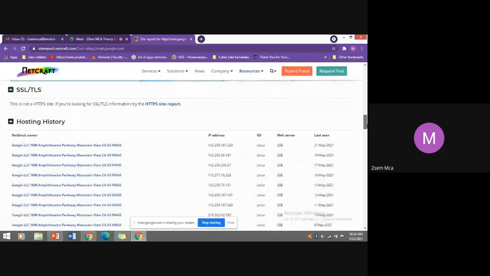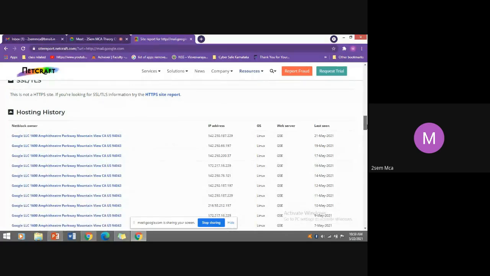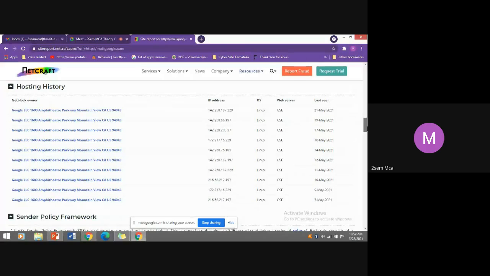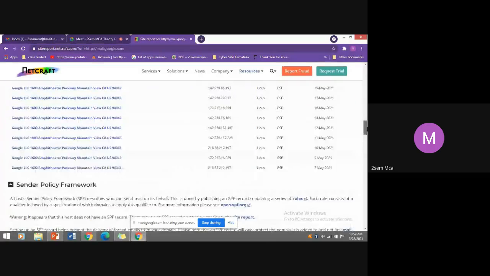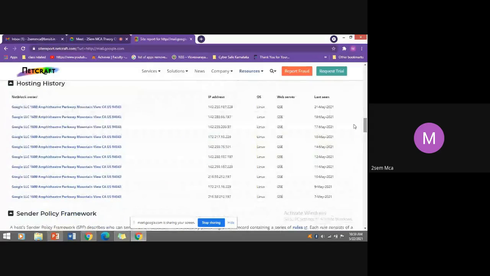History, hosting history. When the updated versions of Google were launched, all those things it is going to show. You can observe here, the last recent update was given on 21st May. Last seen is this one. If you look in detail, what kind of patches they have uploaded, all those things, the hosting history, you are going to get.